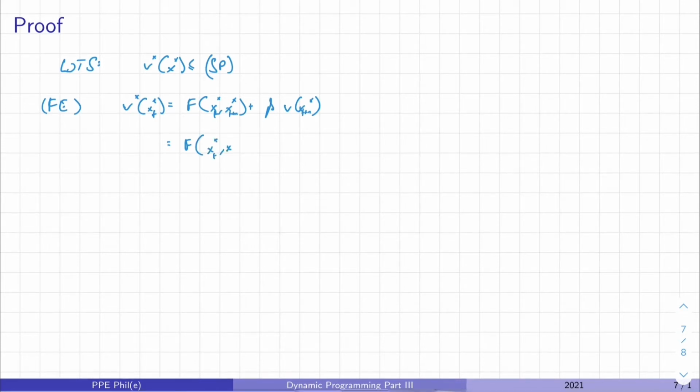So this is, again, as you remember, F(x_{t+1}) plus beta F(x_{t+1}, x*_{t+2}) plus beta squared value function of x. So we can keep doing this, and you remember that if we do this n times, this will be